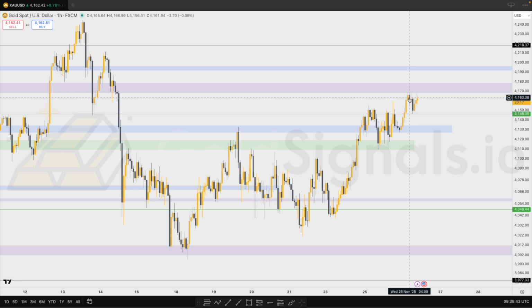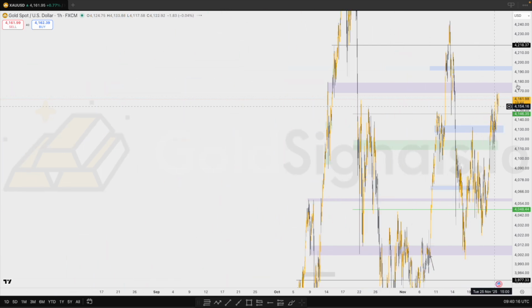However, it is detrimental as to what happens in the area where price is now. Obviously, if we see price come back up to this level of around 4,170, test as a resistance, and then we see a bearish drop potentially down to 4,130 or 4,115, then I don't think we'll see that 4,200 level hit this week. But if we see price break these highs in the next hour or so, before that New York session kicks in at around 2 p.m. GMT, that is, we will then expect to see price completely fly up,